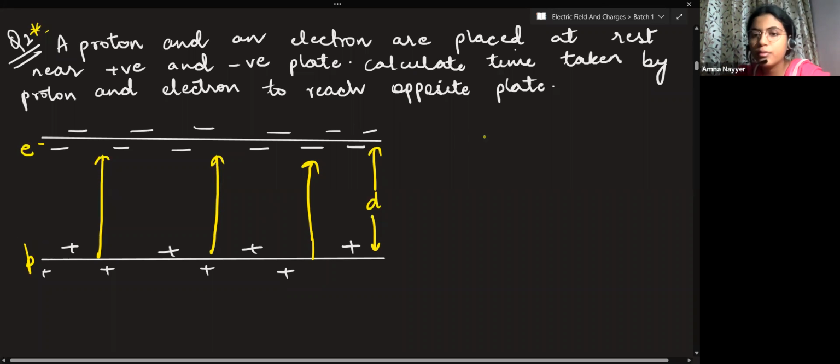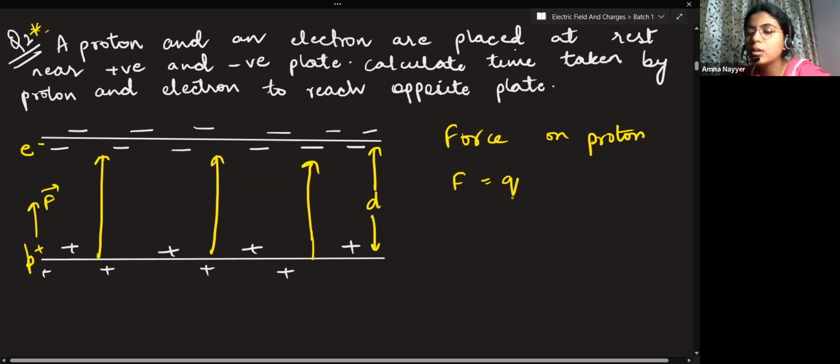Now see, force on the proton. Proton is a positive charge. So the direction of force on the proton will be the same as that of the electric field. The electric field is moving upwards, so for the proton also the force will act over here. And force on proton,